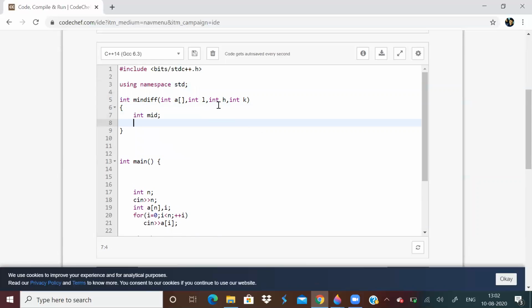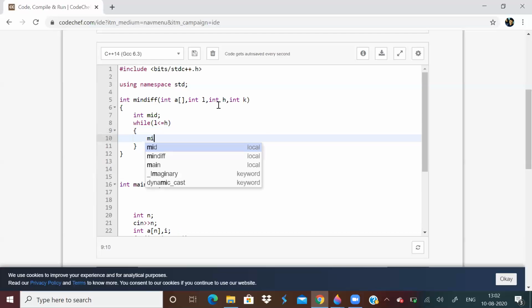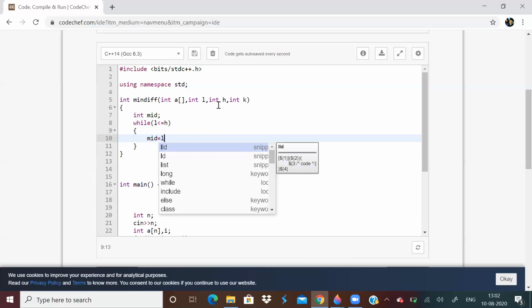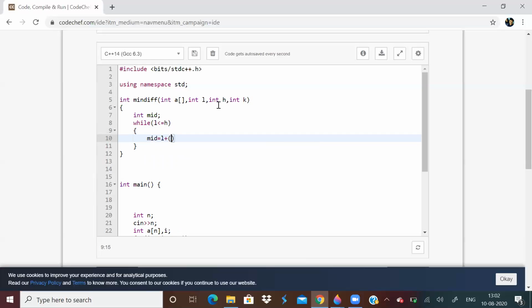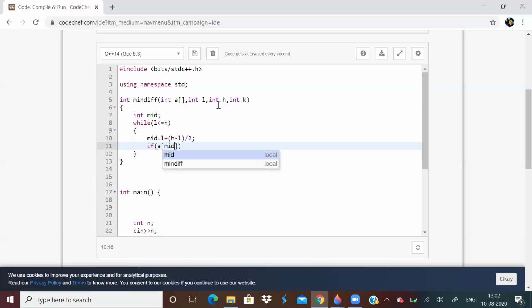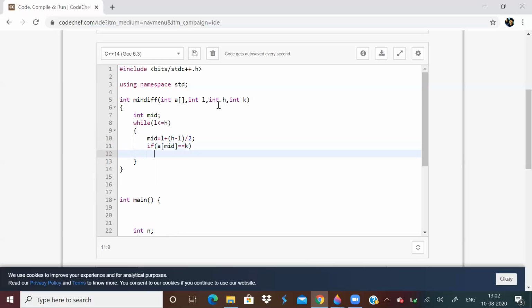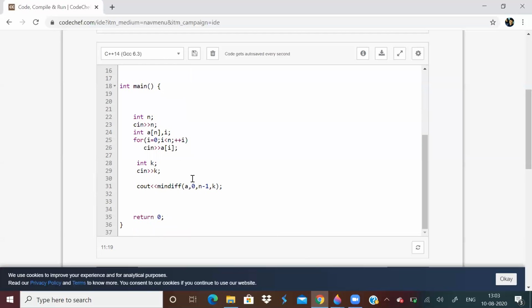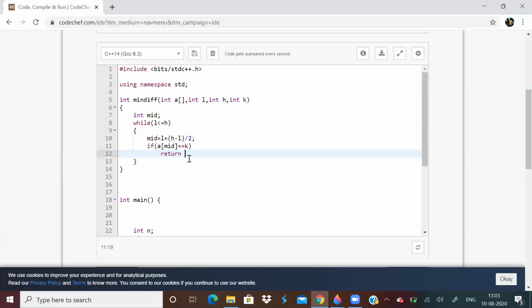So this is the normal binary search code I'm writing. Please use this method to find mid, as it will avoid integer overflow. If the element is present, then what do I return? Should I return the mid itself or A of mid?